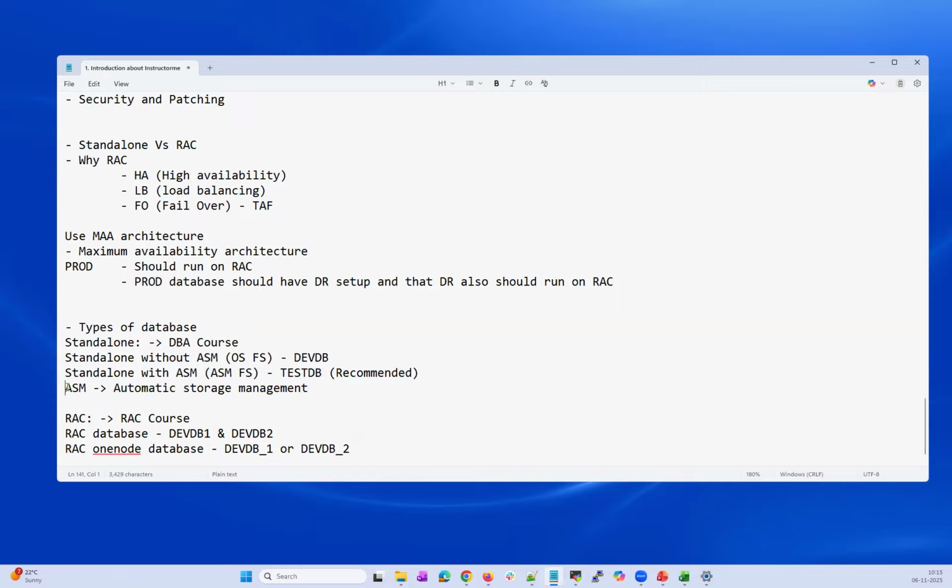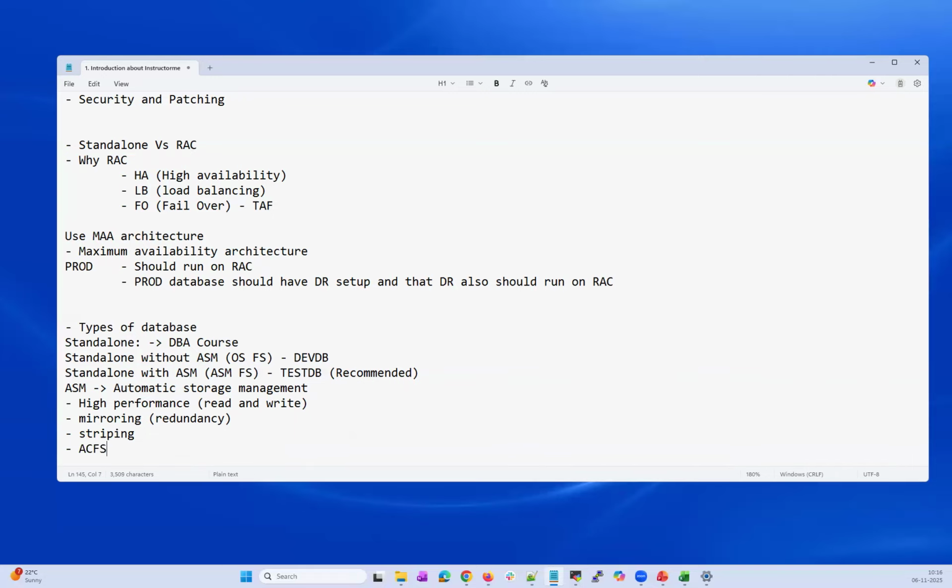Why does Oracle recommend running your standalone database with ASM? Because of high performance read and write, mirroring, which we call redundancy, and striping, splitting data and then distributing it across all the nodes.